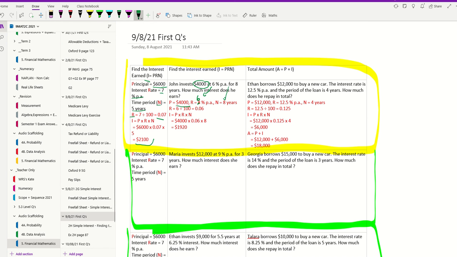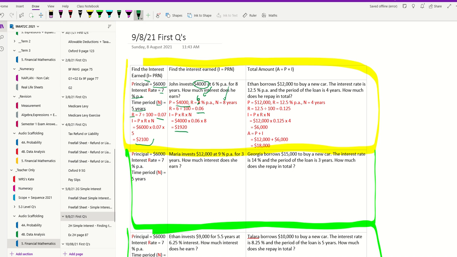So the first thing we do is work out our rate. 6% as a decimal, 6 divided by 100, 0.06, and our interest is P times R times N, 4,000 times 0.06 times 8 equals